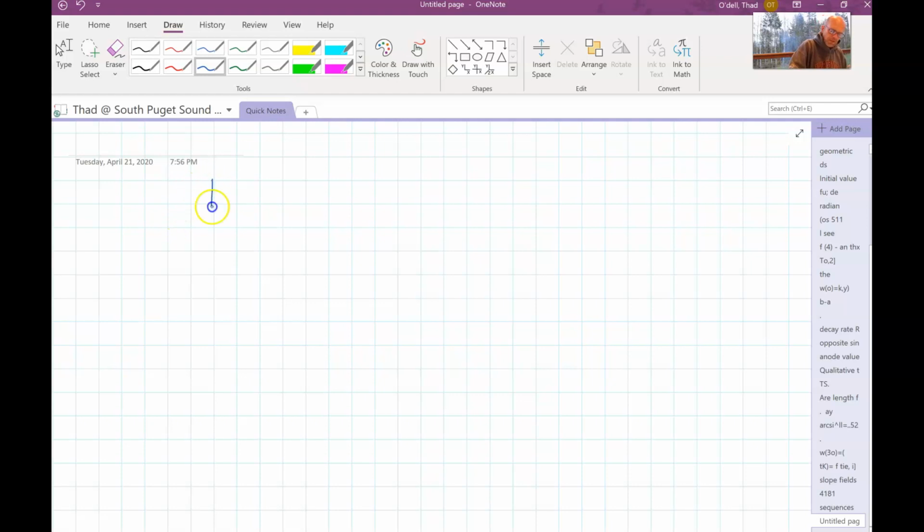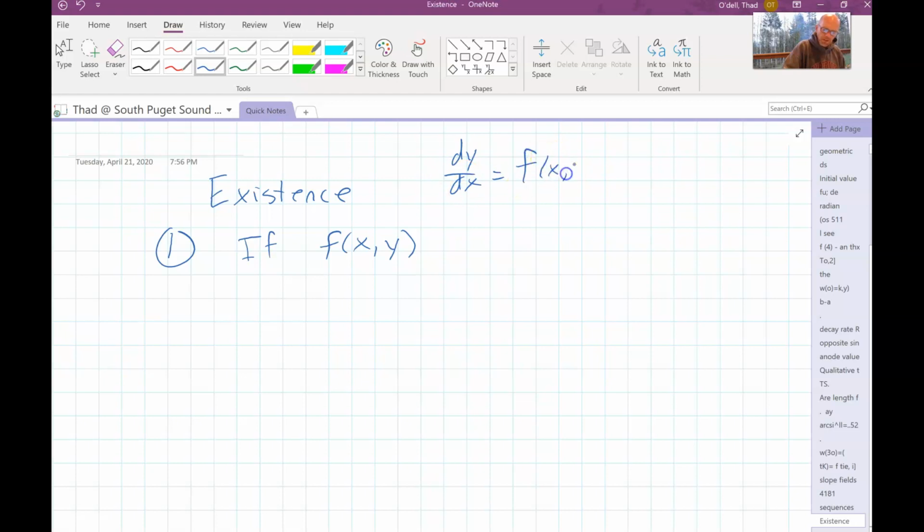So, existence, part one. If f(x, y), this is a differential equation, so we're talking about dy/dx equals f(x, y),